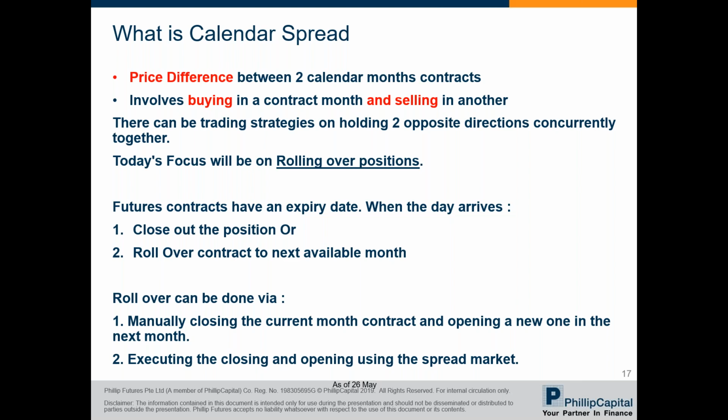It is a price difference between two calendar month contracts, which involves buying a contract and selling another. Notice here there are two actions, one buy and one sell, and it cannot be two actions the same. For example, let's buy the front month and sell the far away month. The front month meaning the closer month to the current month. So right now, it's October, you are trading a December contract, and the far month will be the March contract of next year.